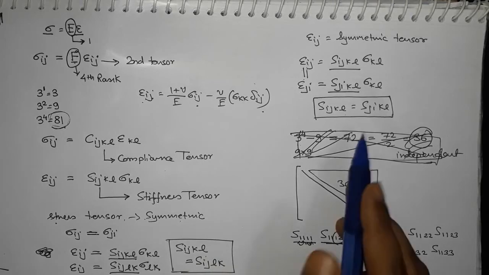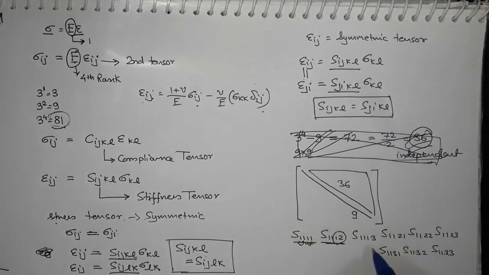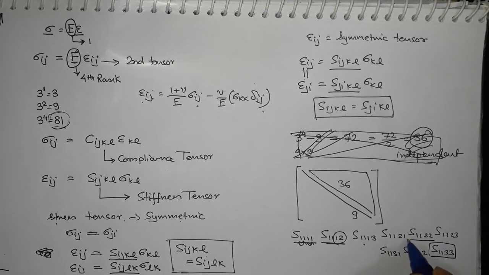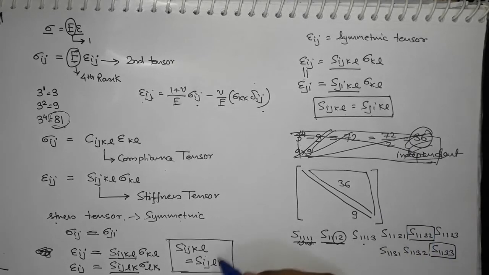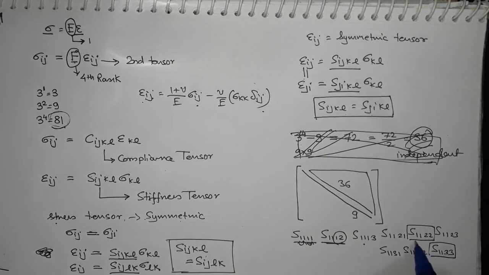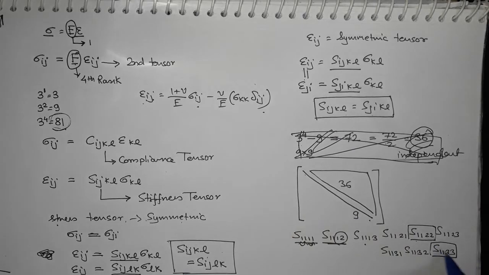This will not be affected by this one, and similarly for that one. But what about this one, and what about this one? So these two terms will also not be affected by both of these. Okay, so both of these symmetries, apart from not affecting these 9 components, will also not affect these 2 components,